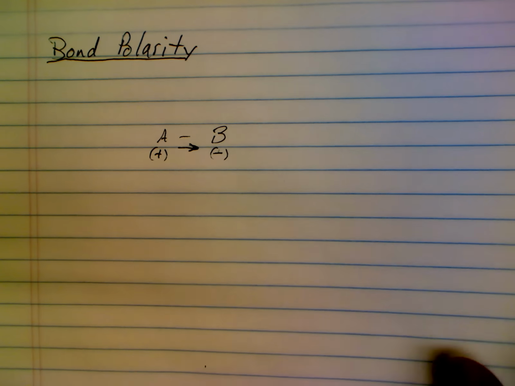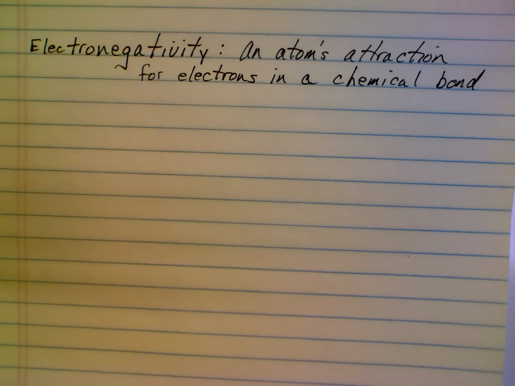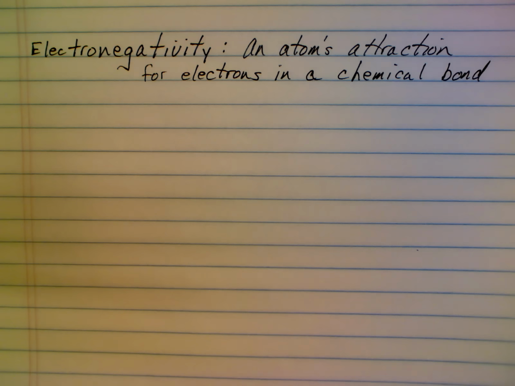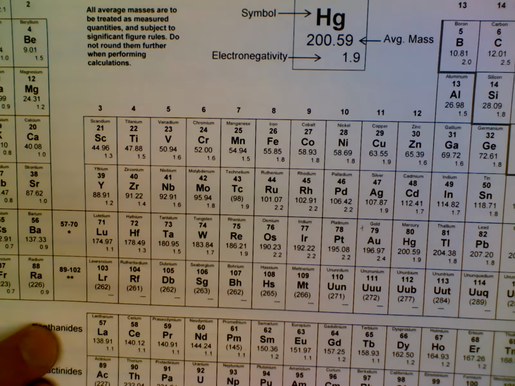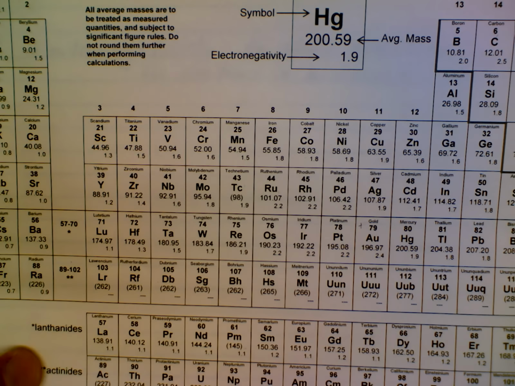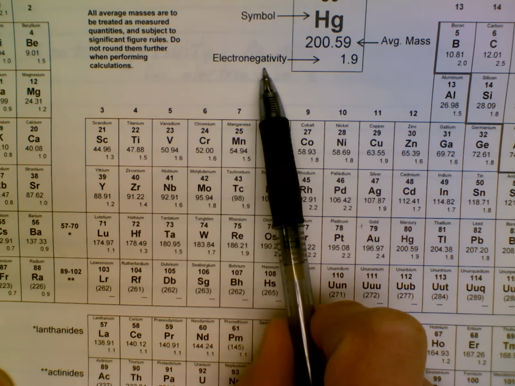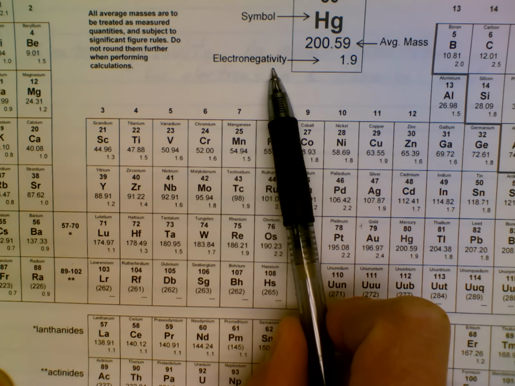Now, how is that determined? Bond polarity can be determined first by understanding a concept called electronegativity. Electronegativity is an atom's attraction for electrons in a chemical bond. In other words, some elements have a stronger attraction for electrons than other elements. And that is given by an electronegativity chart on the periodic table, at least on the one that you will have for your quizzes and your tests. And the electronegativity, as it shows in this example up at the top here for mercury,